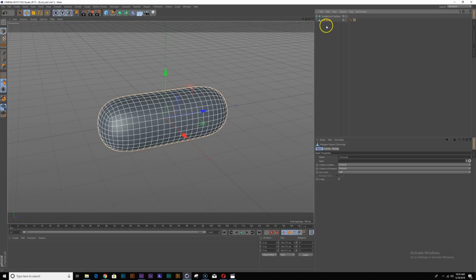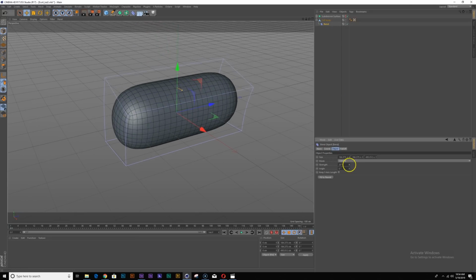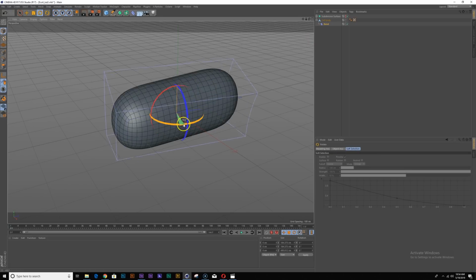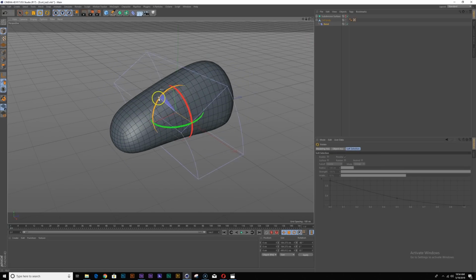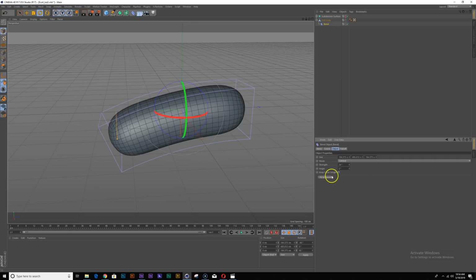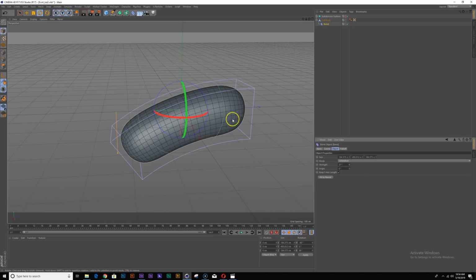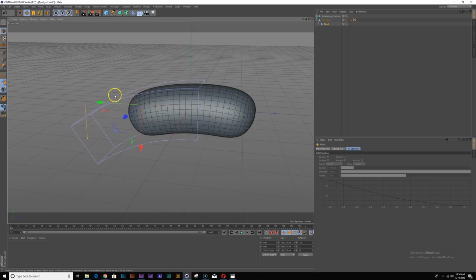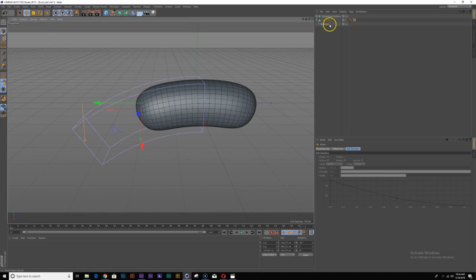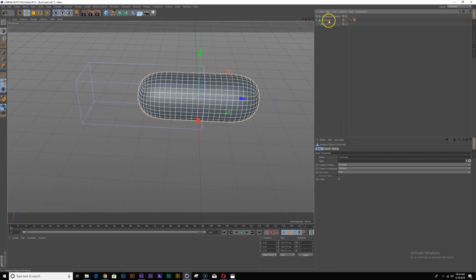Cool. With this selected, let's drop a bend deformer to it, and by default the orientation of the bend deformer is always wrong. It's super annoying, so we just have to rotate it 90 degrees this way and 90 degrees the other way, like that. I'm gonna hit fit to parent, and let's check keep yz length as well as change the mode to unlimited. So now if I move the bend deformer out a little bit like that, we can keyframe this. But for now, let's keep this to 0, and we'll circle back later with this.